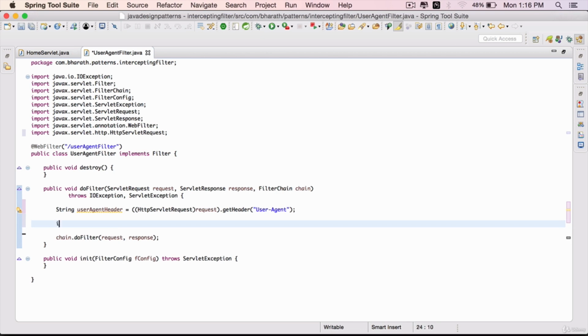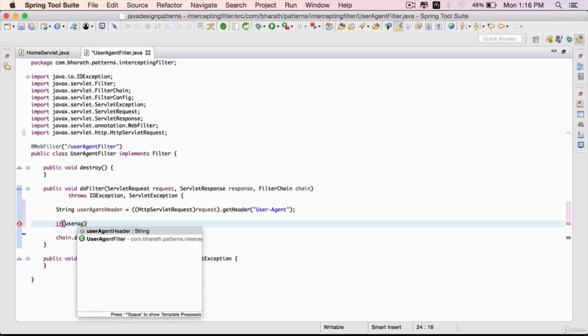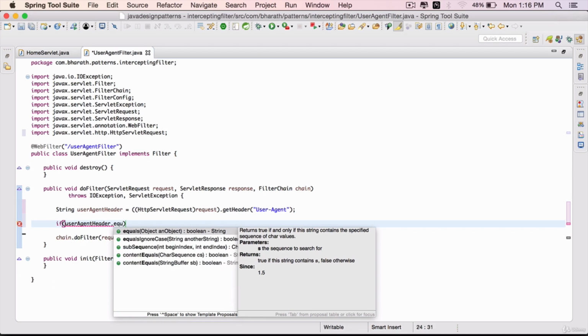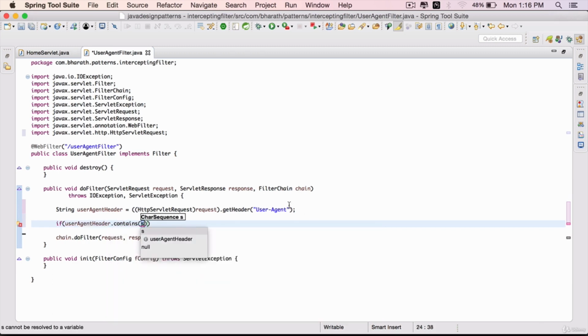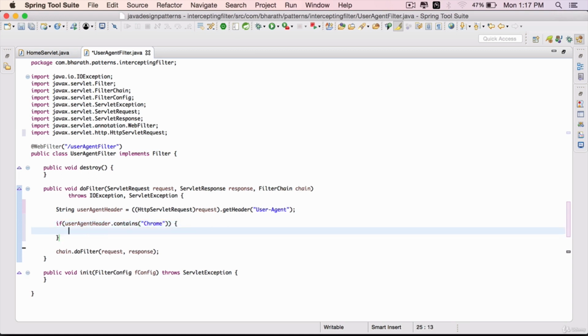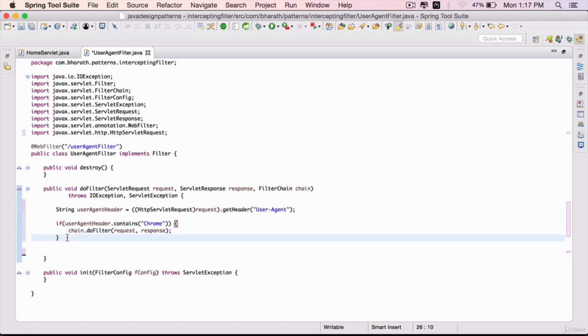Now it becomes simple. If userAgentHeader dot equals or dot contains, because userAgentHeader has a lot of information, we will display it and you will see what it has. So we'll use the contains method. If it has a string called Chrome, that means the user is using a Chrome web browser and he is okay. We'll copy this chain.doFilter, cut it from here and paste it inside this if. So if it is Chrome, then we are sending him to the target object. If not,